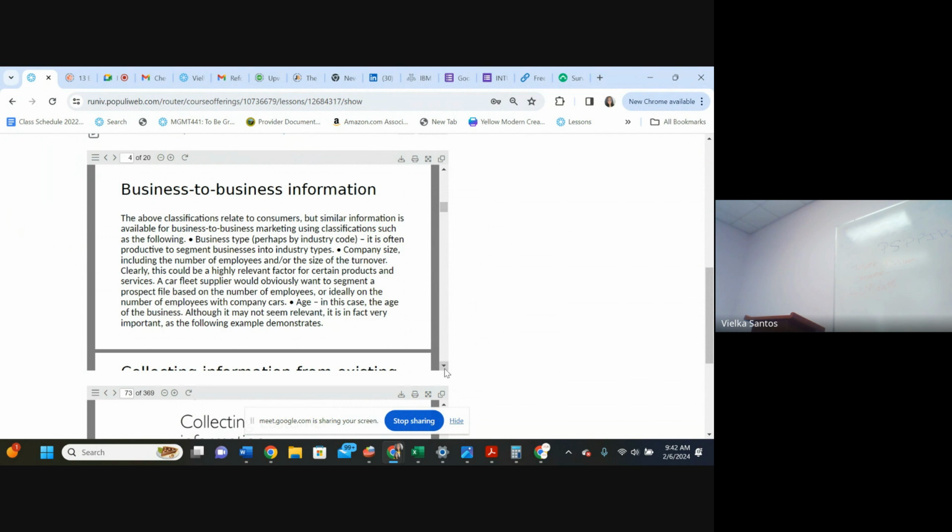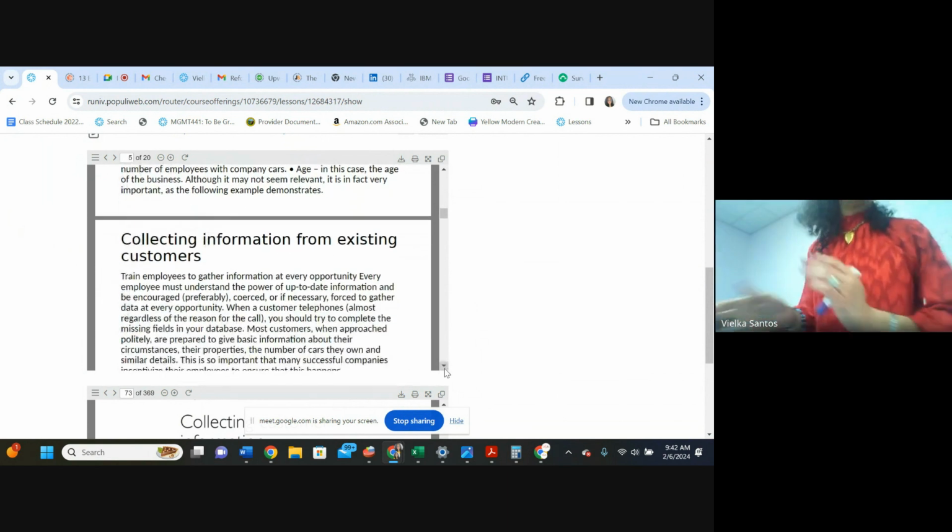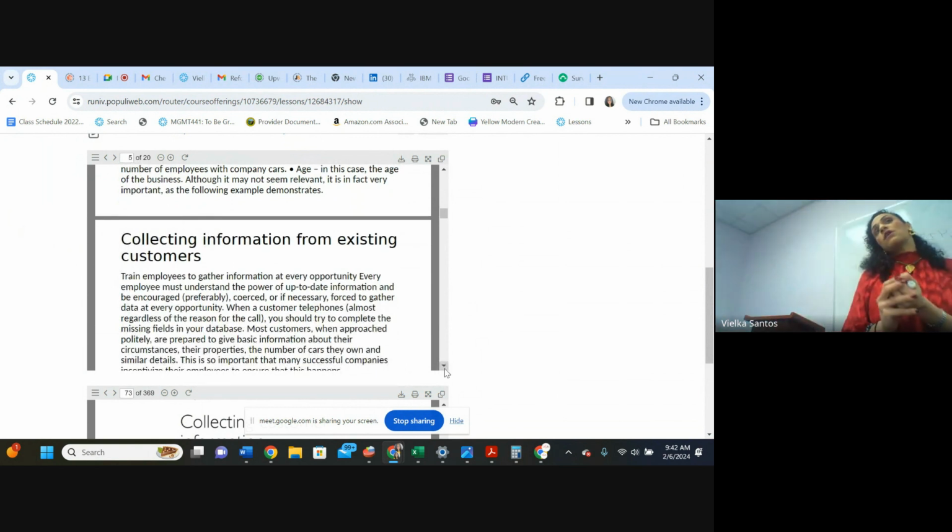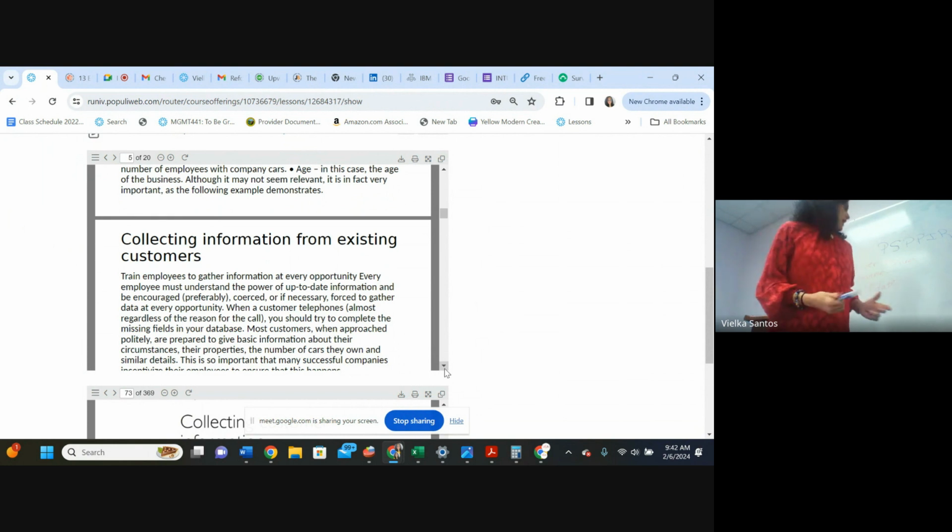So it's interesting to see this kind of questionnaire because it's a real life example. I'm not creating anything as a demo here for learning. It's real life. So collecting information from your customer is very important, right? To understand them. Again, you have the best tool for free in your phone, which is social media.